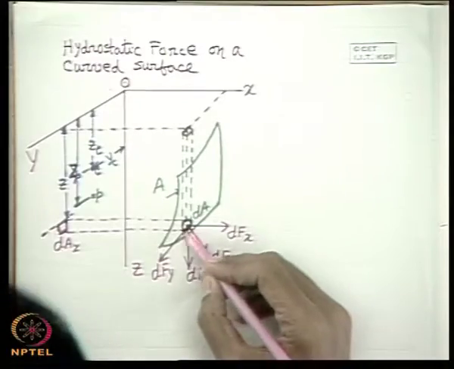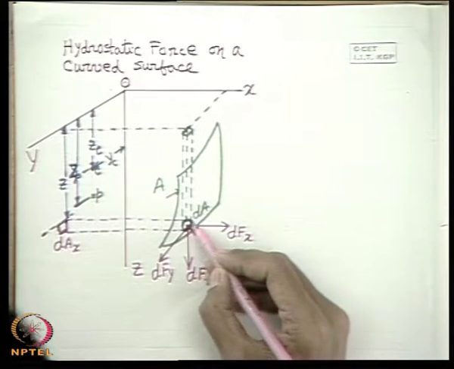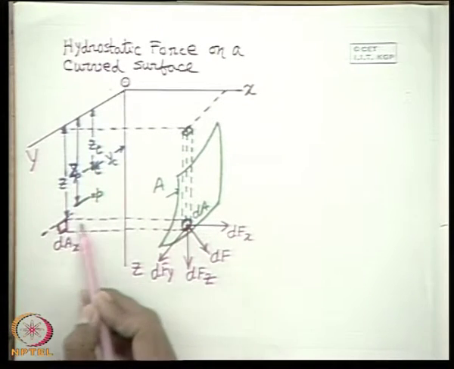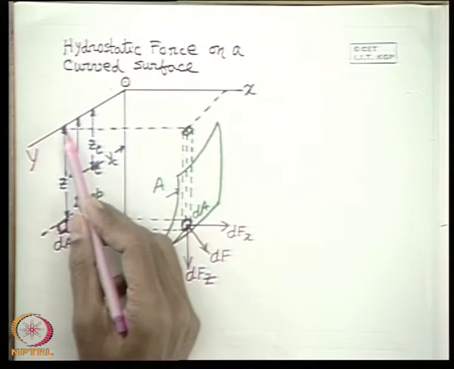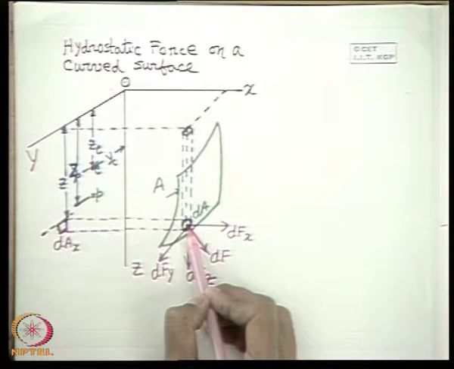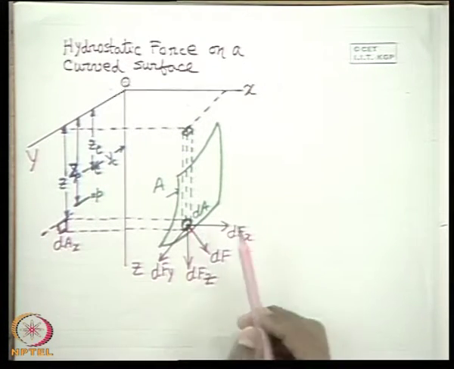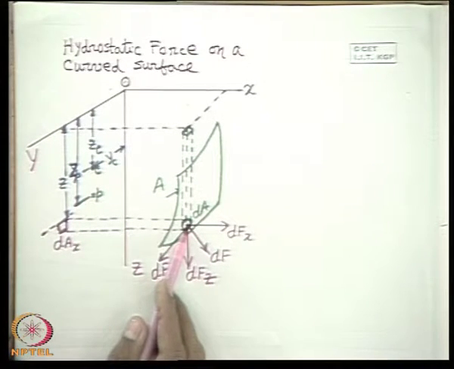It is as simple as this from elementary mechanics. Now we concentrate here. To do that, we recognize an elemental area dA which is at a vertical depth z. We just project this area here, and this is shown here, that is the z in the yz plane. So z represents the vertical height or depression of this area dA from the free surface. Now you see the hydrostatic force due to pressure is acting on this surface.